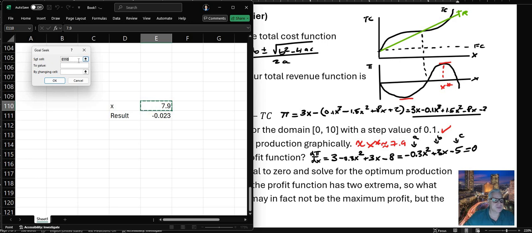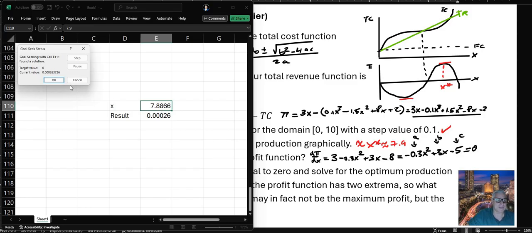We want to set the cell, which is the result, in this case cell E111, to the value of 0 by changing this cell. Okay, let's do that. So the best result that we get is 7.88, which is close to the 7.9